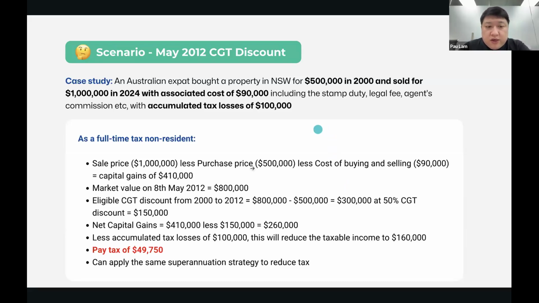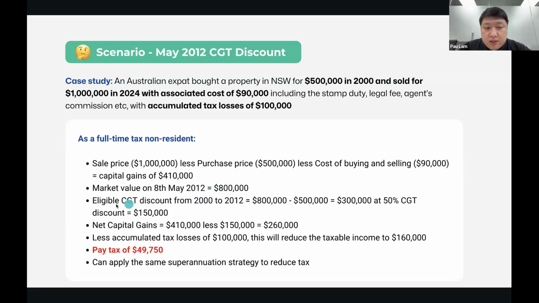So what we'll be looking at is a market value approach, where we need to get a market value on 8th of May 2012. The higher, the better, which means most of your profit is made before May 2012 when the rule has changed. So assuming the market value on this day is $800,000,